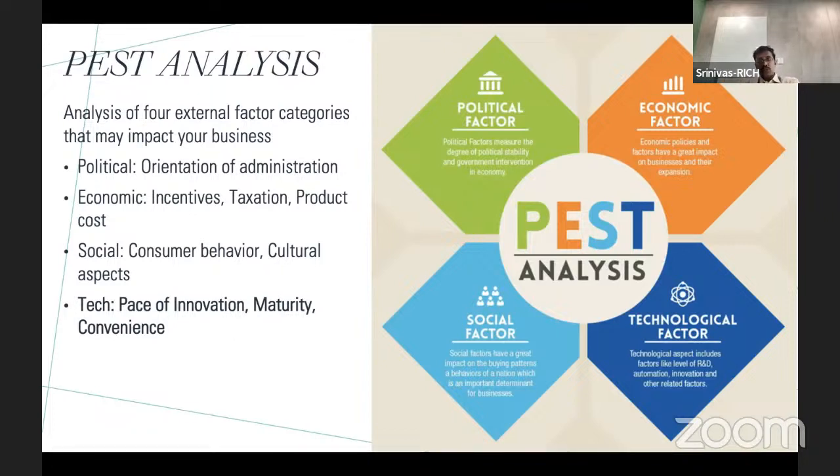And then what you do is you weigh each of these parameters. So there could be 10 parameters in all, two political, four economic, three social, and one technological, right? So you say which one of these parameters is most likely going to impact your product and its performance, and so on and so forth. And you take a call that if my score is less than, say, 70%, it is not worth it to pursue this product at this point because there's a huge risk, right?